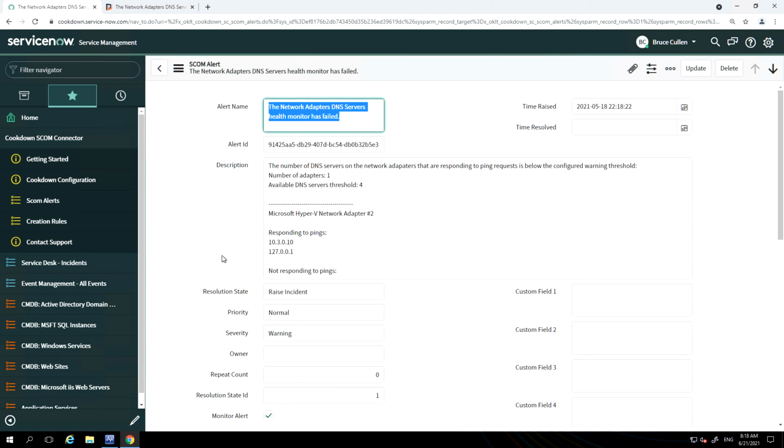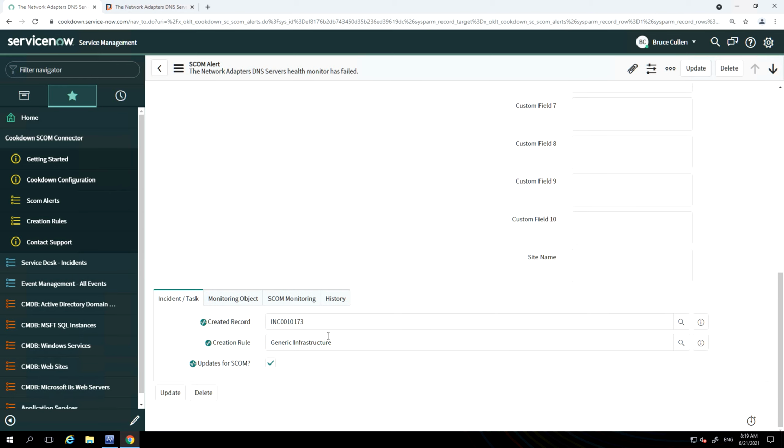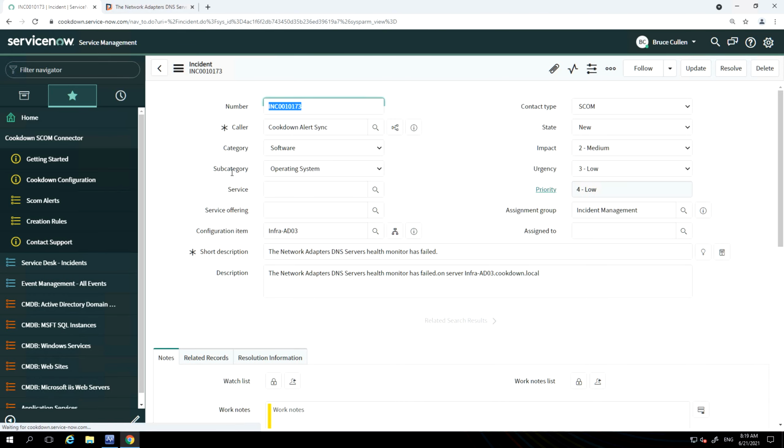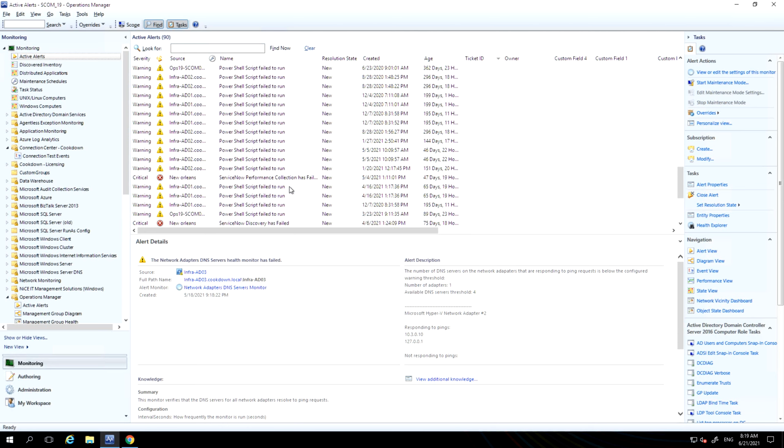It may not have matched a rule. Let's have a look and see if it's matched a rule, or whether it's being held by a wait rule. The whole idea of wait rules is they're meant to weed out SCOM alerts that open and close really quickly, and you can see it's now finished its wait and has been matched against a rule and has an incident ID, which is this one. I'm going to open this incident now, and this is incident number